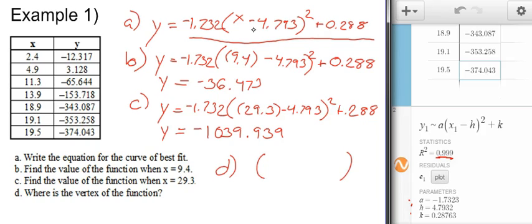So the negative 4.793 negative inside the parentheses like that means it's going to move to the right 4.793 places. So my x coordinate would be 4.793. Notice that's the opposite of whatever number was in here. So if that's a negative, it's going to be positive down here, and if it's a positive, it'll be negative